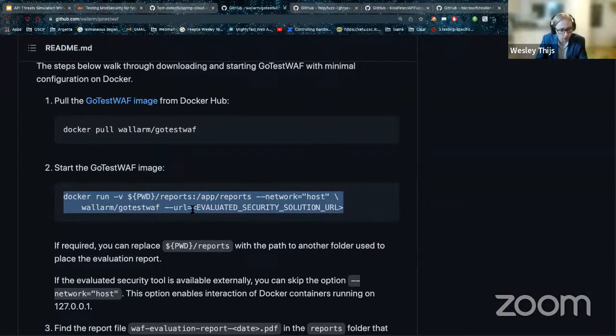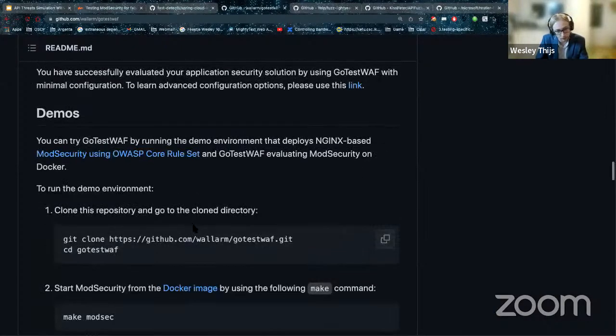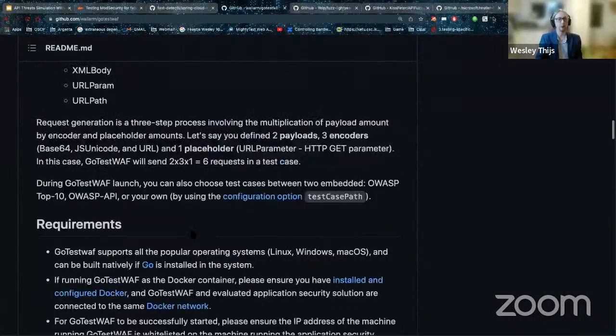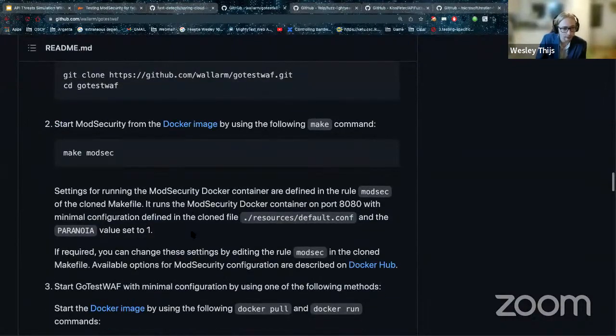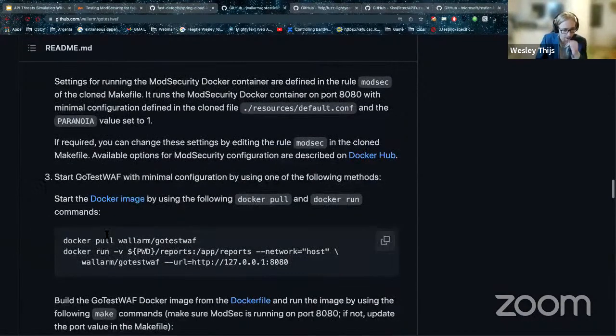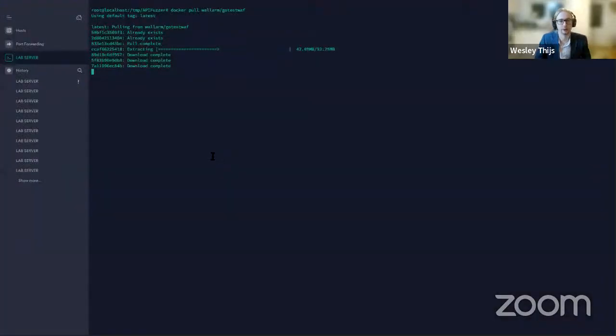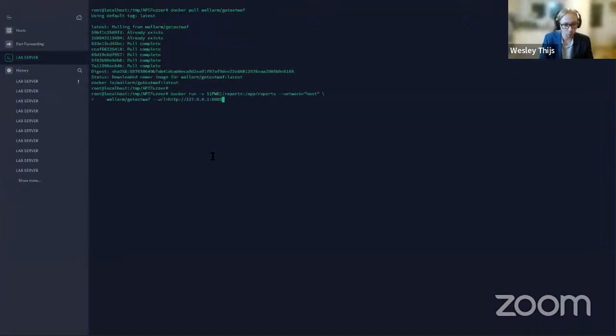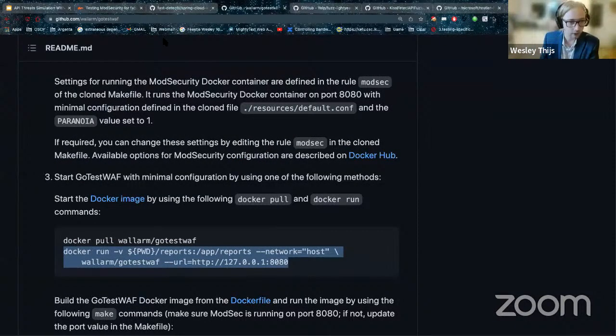Now, if you run it, of course, you want to run it against a specific URL. I have ModSecurity installed on this server on port 8080. So we can automatically test that as well. Just let it load real quick. I think it's downloading the update. There we go. And now I can run my command. And if I do that, I see that it's sending all of these requests out. I'm going to let it run for a second while we look at some other tools. But basically, it's going to make all of the requests which are in the test cases folder.